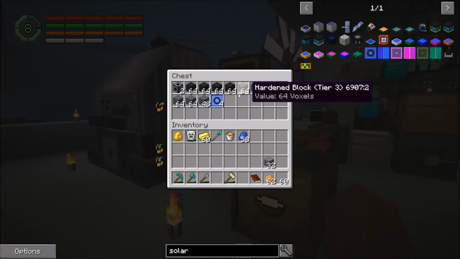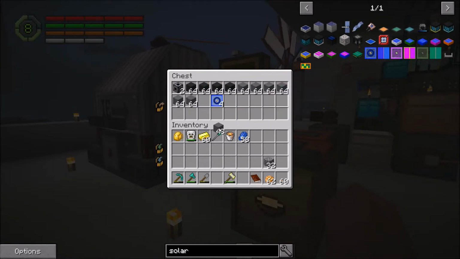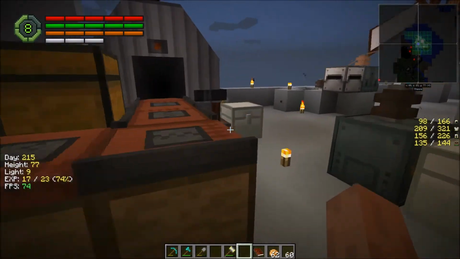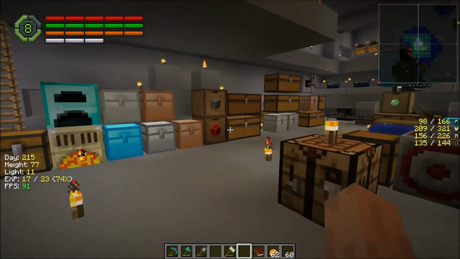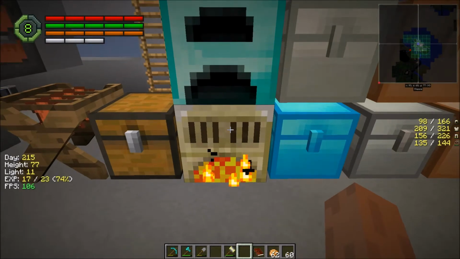The hardened blocks, because you can see I've got some tier 3s and I've got some tier 5s. I still have no idea what happened to 2 and 4, but each one of these takes 5 of those, and then it goes up and up and up. So you need a lot of gravel, a lot of sand, and a lot of cobblestone. Who cares? We got plenty of cobblestone. What's this thing actually doing? Yeah, that one's good. So we would just need to basically feed something in here and maybe...